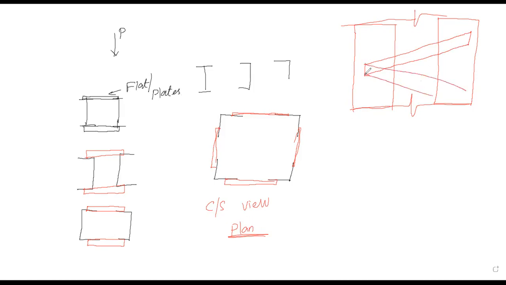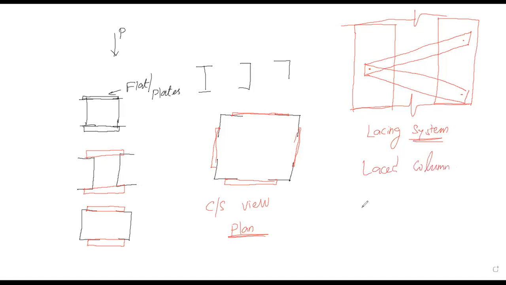Then this system is denoted or called lacing or lace system, and the column is called a laced column.